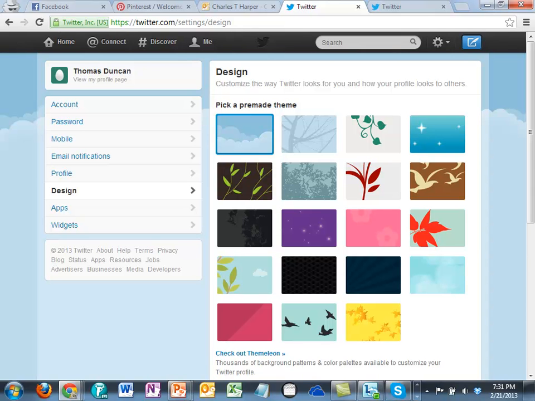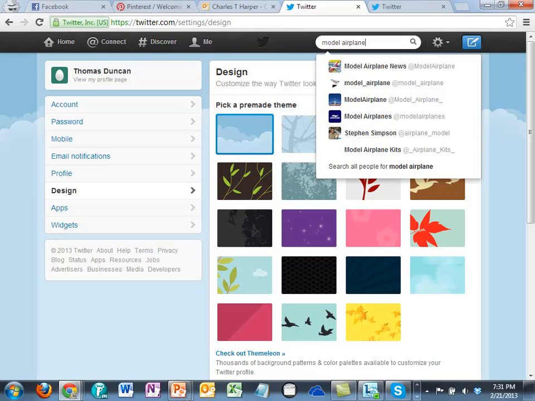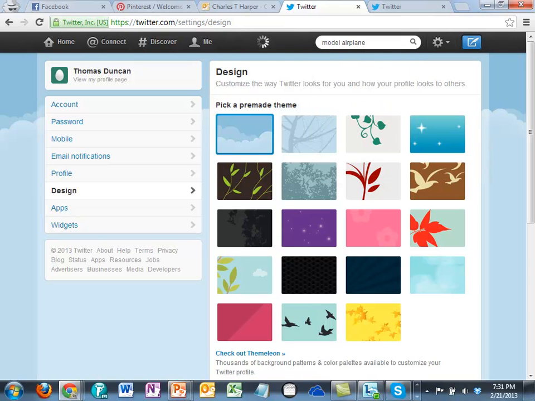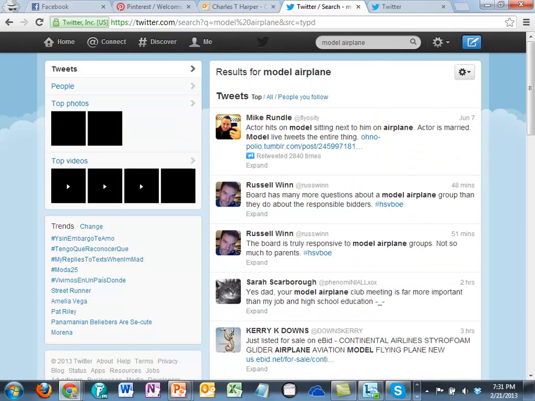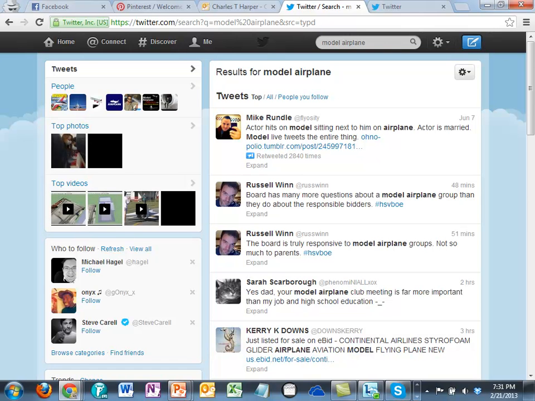Okay, so how do we find some of the people that we might be interested in? Well, Twitter has search. So we can put our search parameters in there. And now what Twitter's going to do is it's going to show us people who have typed model airplane in their tweets.